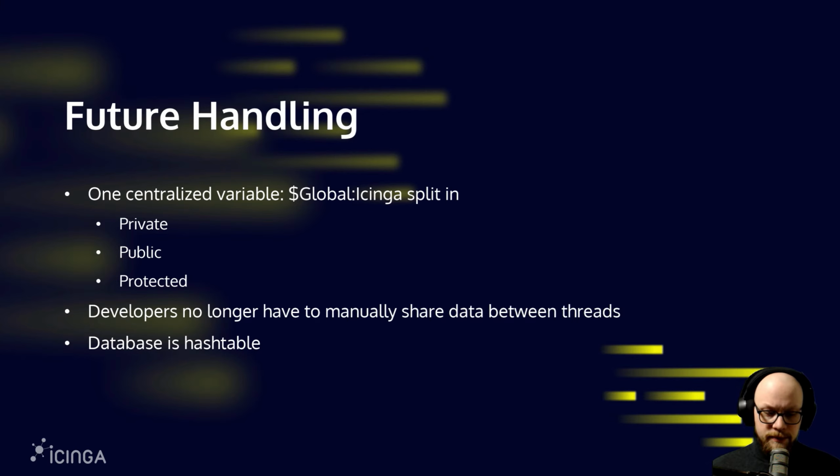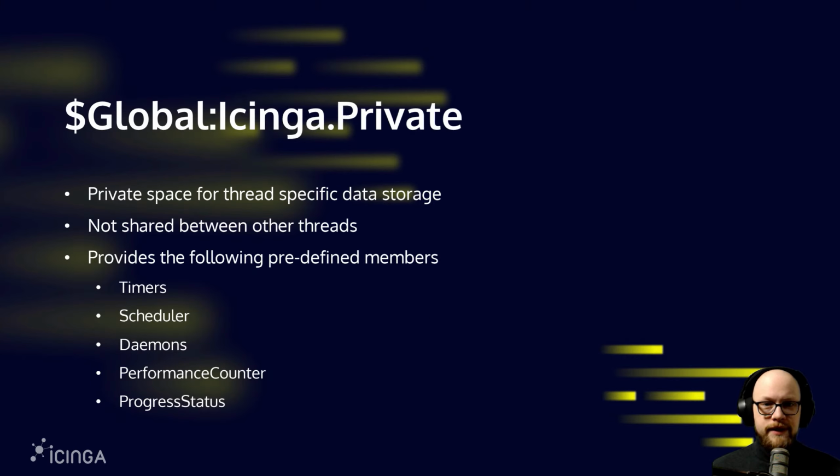The object is a hash table, and the private space is quite simple. It's everything that's thread related to store data inside. So for example, if you have a function collecting data and you want to store the data for later calculation or later usage, you can store it in a private space. It's not shared between any of the threads. It's just local within this specific thread, and there are predefined members available, which are timers, scheduler, daemons,